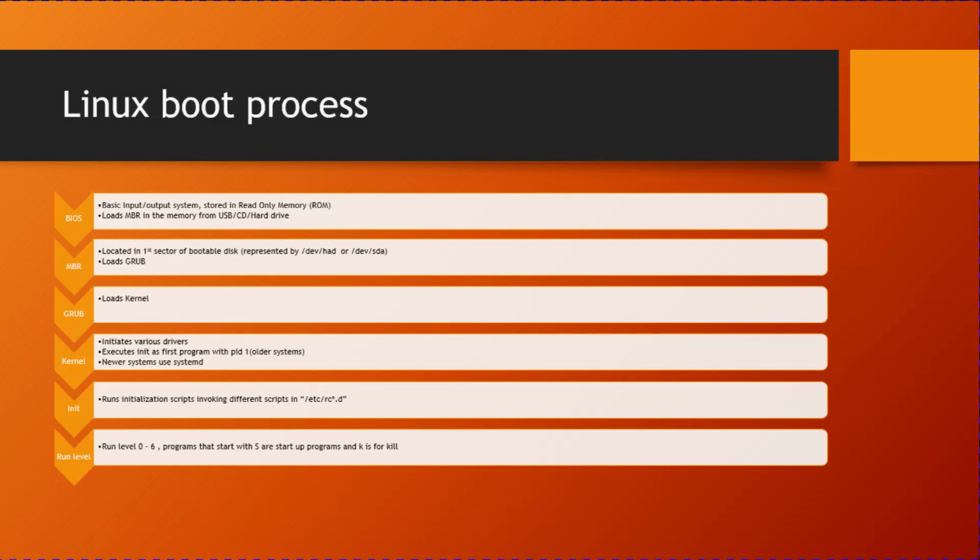Now, when you press the power button on that computer, it goes into its read-only memory because that's the only part it can access. And from that read-only memory, or ROM, it executes a program called BIOS, or Basic Input Output System. This BIOS has two functions. First, it does a system integrity check, which means it goes and checks all the hardware that is available